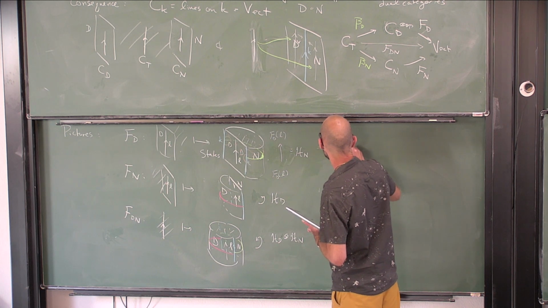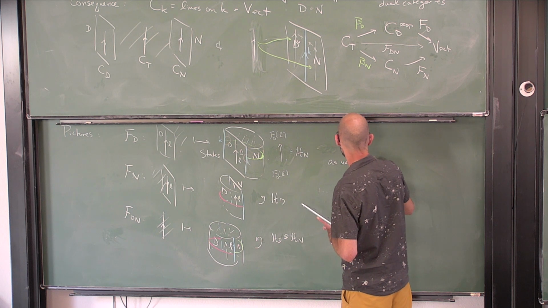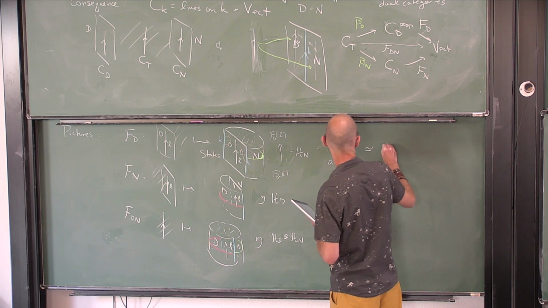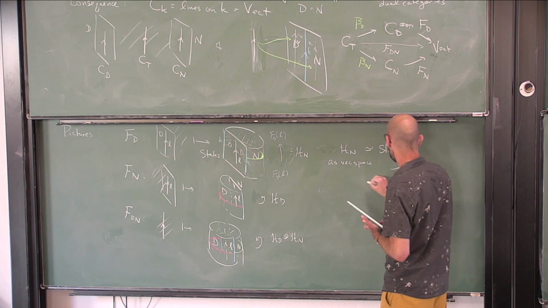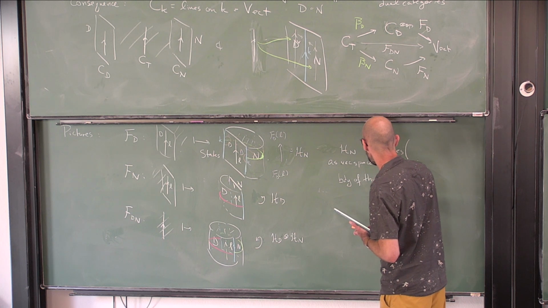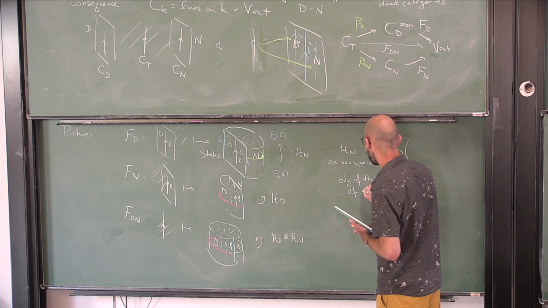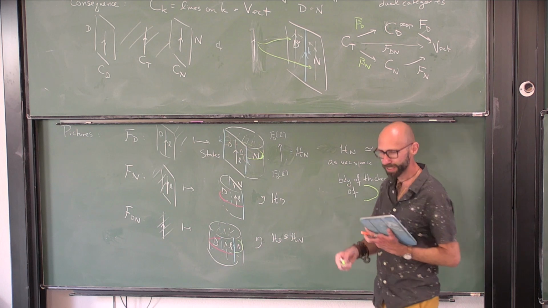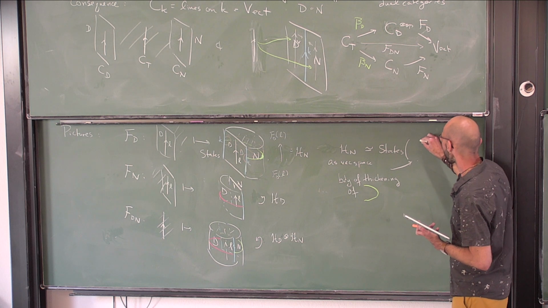So Hn, as a vector space, also looks like states on, is going to be the boundary of the thickening of the green line. All right, and now you need to stretch your imagination a bit to figure out what that is. And it ends up looking like a rectangle